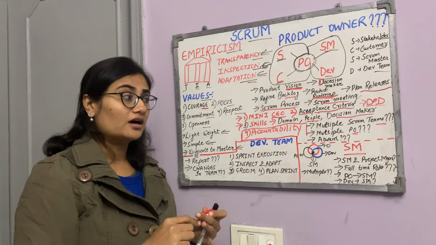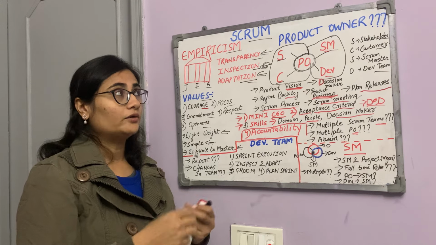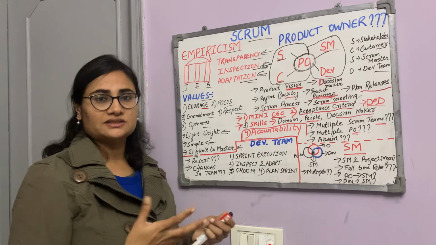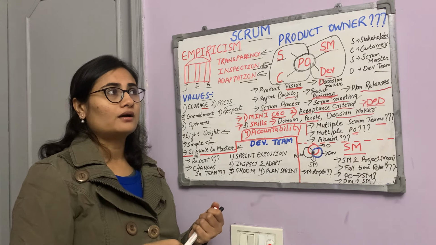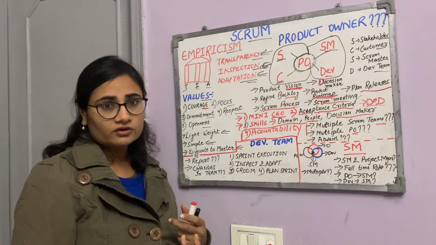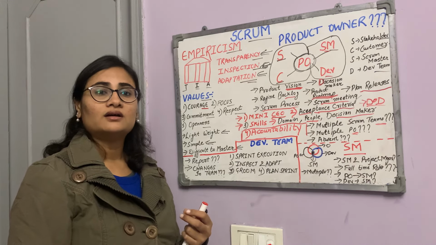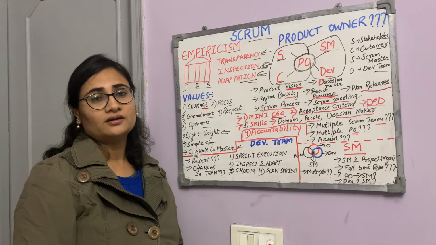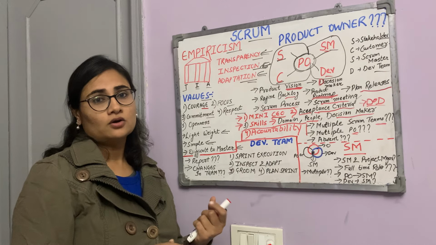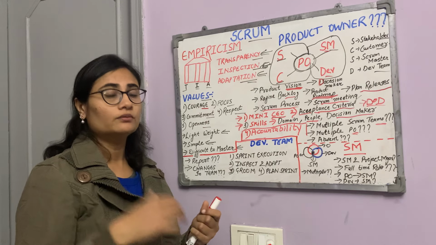Then the third question which people ask is, what and who should handle the roles and responsibilities of a product owner if he is absent. So in his absence, if he has a team of business analysts, they can cover up for him. If it is a planned leave, then Scrum Master in advance can understand what the role and responsibilities are of this product owner, and can take up the handover from him